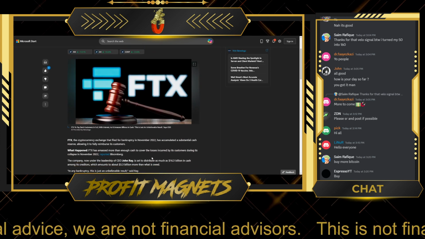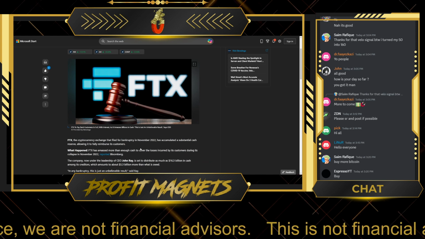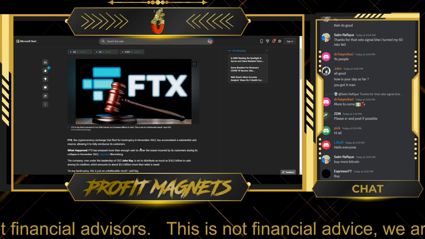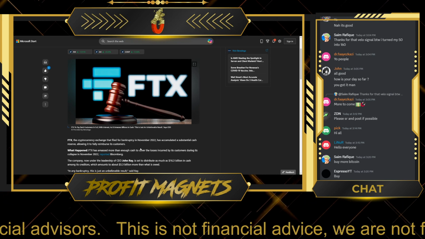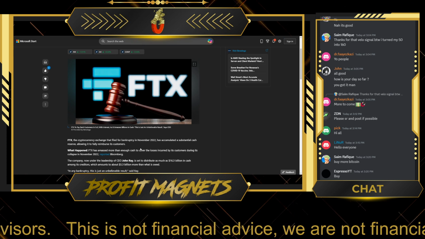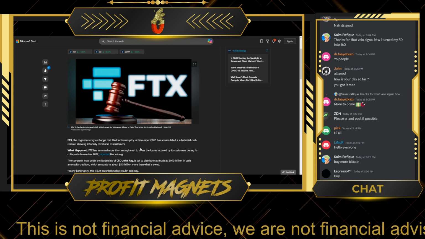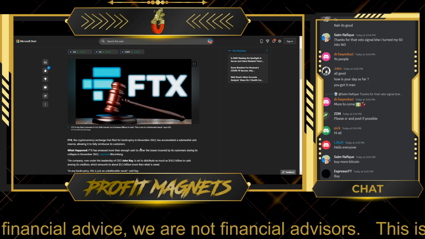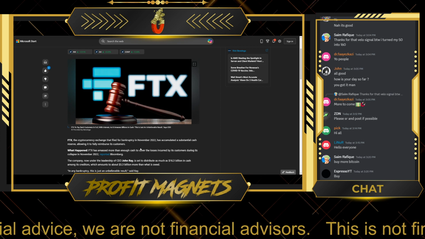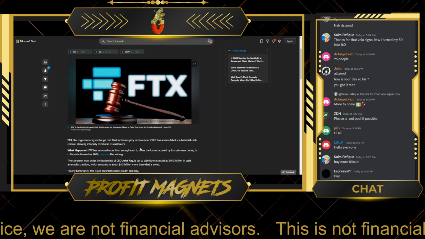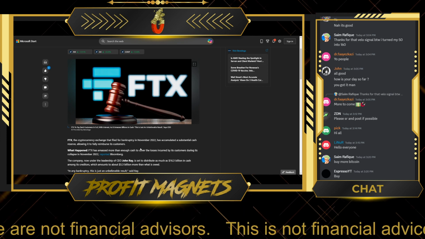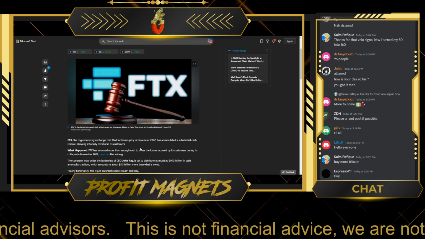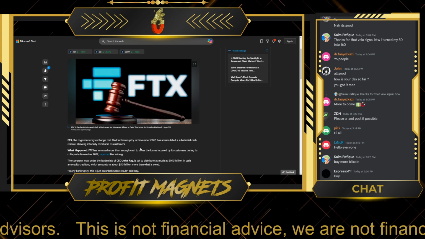So not only are they going to give them the money back, and I say money because they're not getting the coins. Pay attention, they're getting the money back. What they're getting is basically, and I know because I had a very, very insignificant amount on FTX when it crashed, but I also get the emails regarding that money coming back to me. So I know how they're developing on it. I know what they're going to do with it because I receive the emails just like any other person that was affected during the crash.